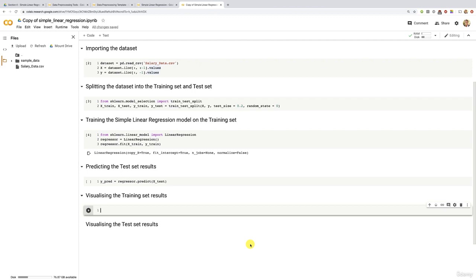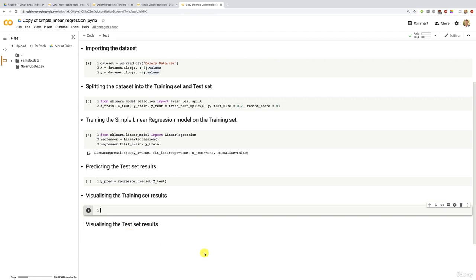So basically, we're going to have a 2D plot with the x-axis being the numbers of years of experience, from 1 to 10, and the y-axis being the salaries, in the range of salaries given in this data set. And so we will plot in red points the real salaries and in a blue straight line the predicted salaries, okay? And we will do that both for the predictions in the training set and the predictions in the test set. Are you ready? Let's do this.